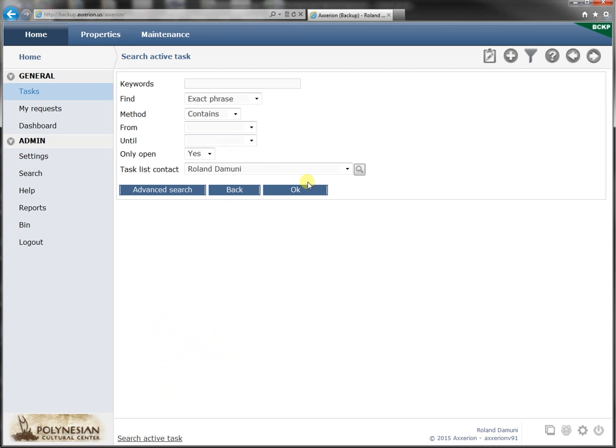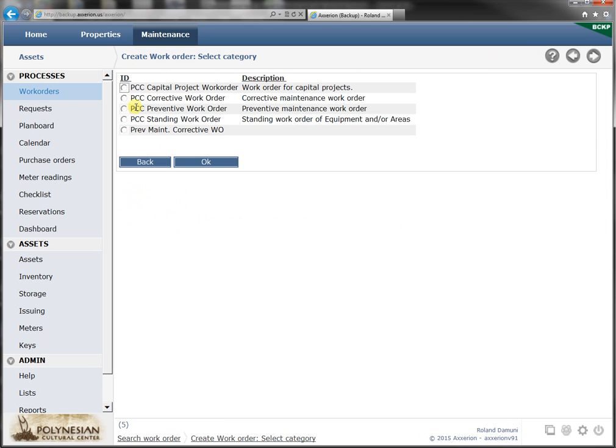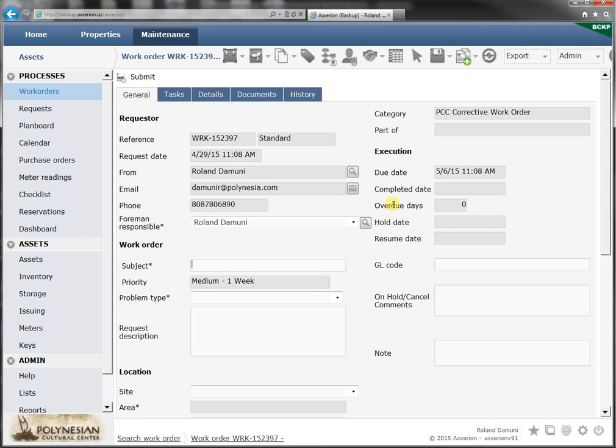Here I'm logged in as Roland, and the way to do that is to go to Maintenance, top menu, and then down here there's a button called Create. If you click that, it will ask you what type of work order you want to generate. 99% of the time you'll be generating corrective work orders. So we're going to select that here and click OK. Okay, you can see that a new work order has come up,